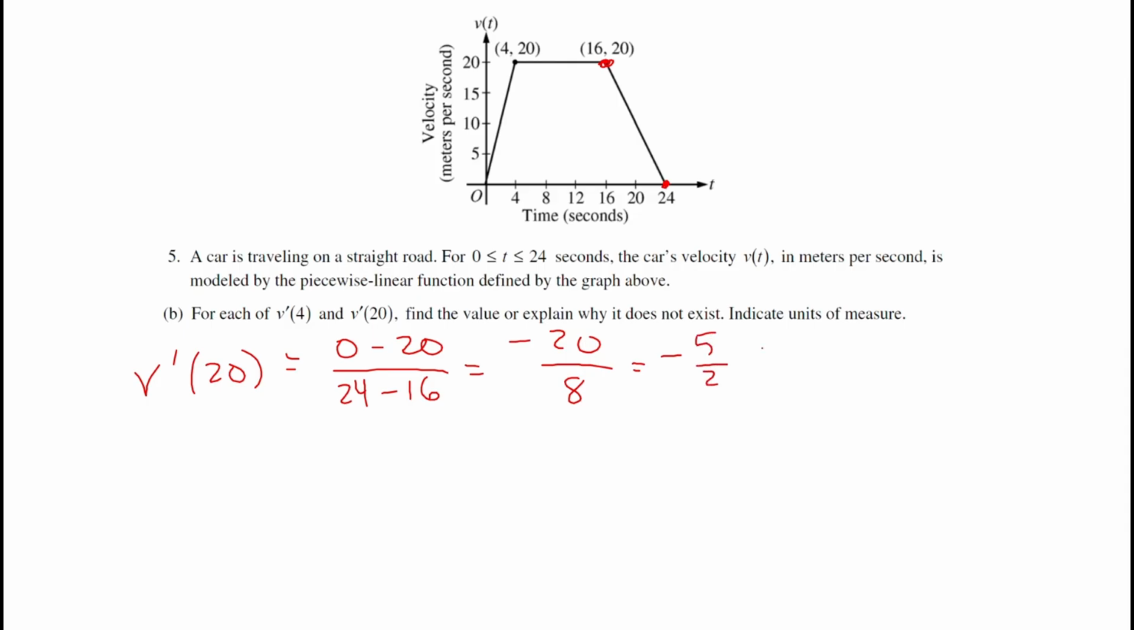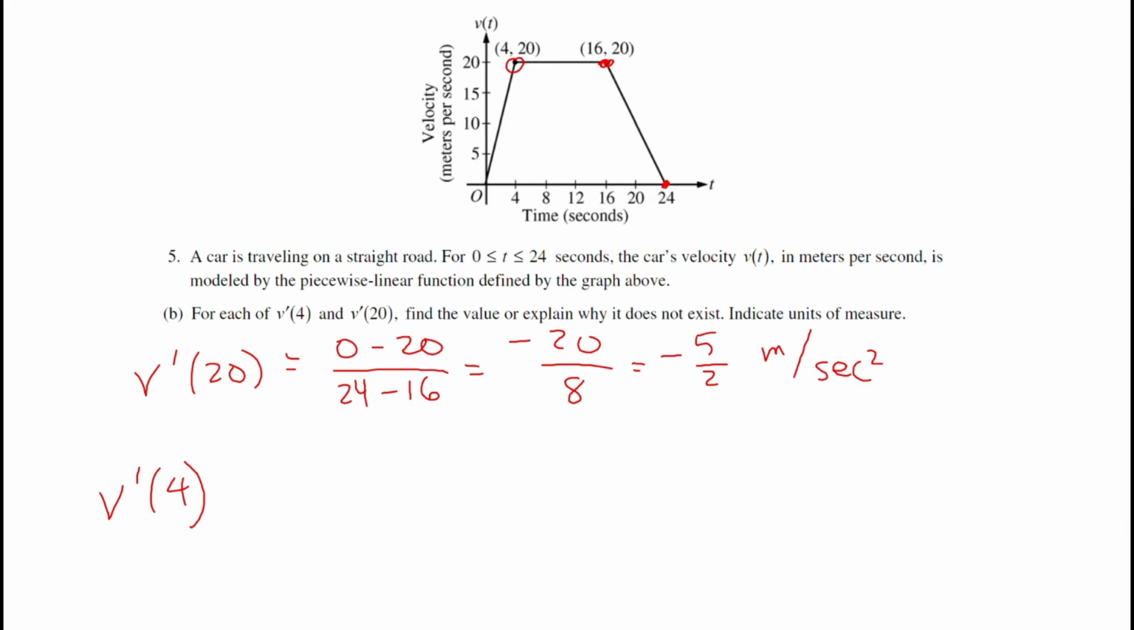5 halves. And our units here, there was meters per second initially for velocity, so when we do acceleration, when we take a derivative with respect to time, we have another second, per second, so it's meters per second squared. And then for v prime of 4, if we just look at the graph,